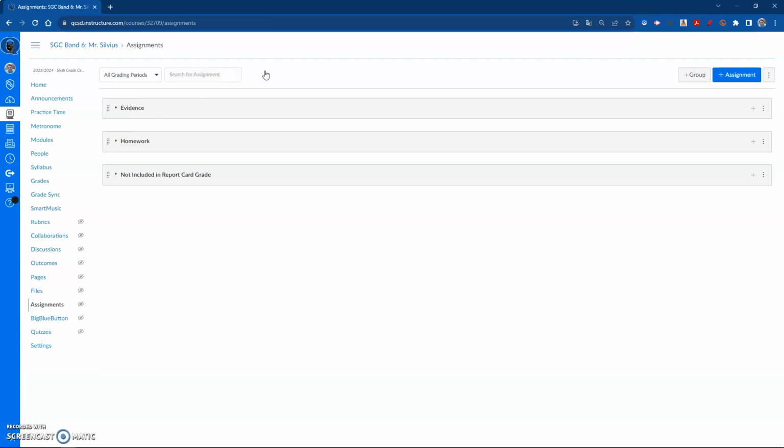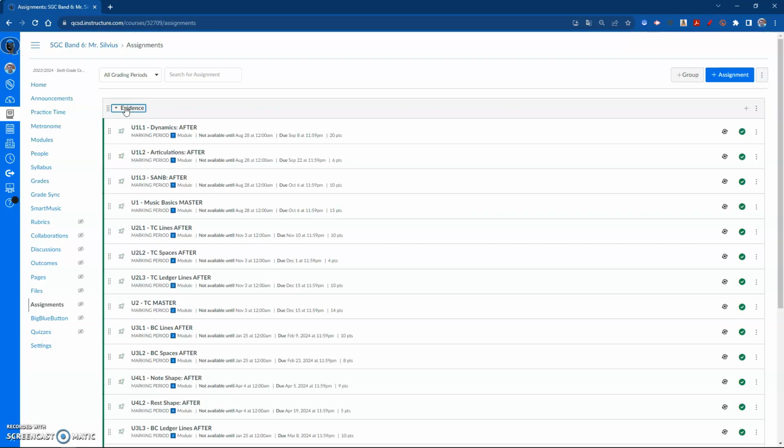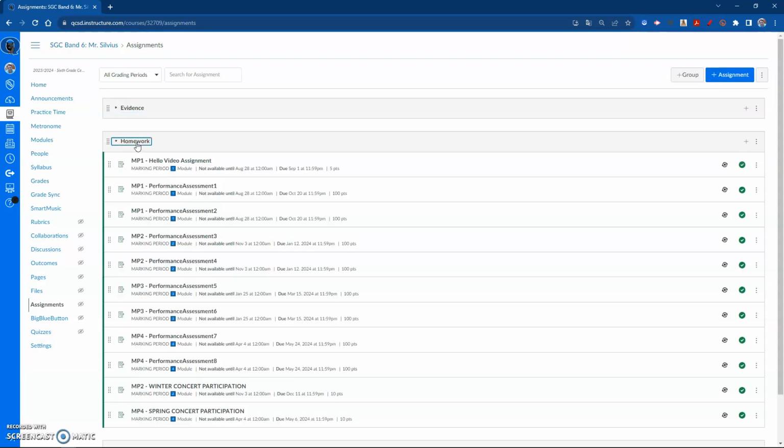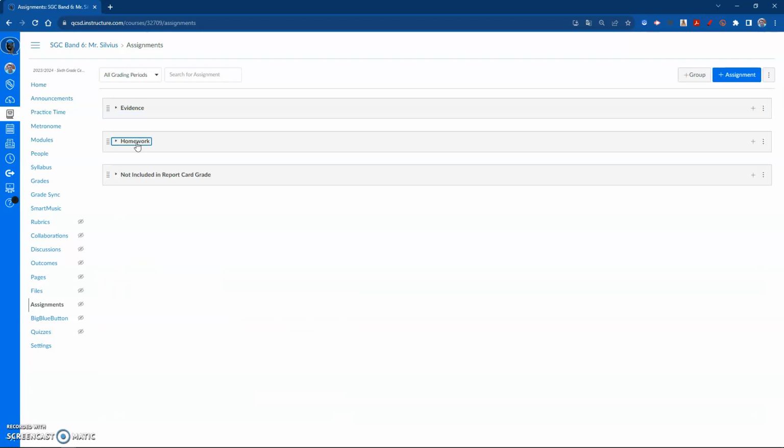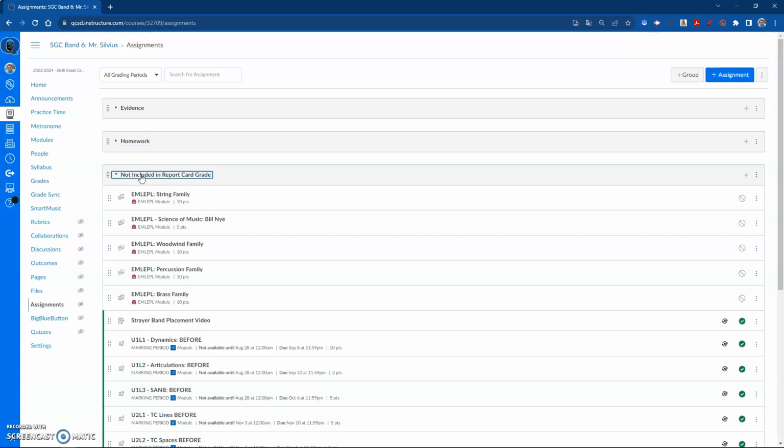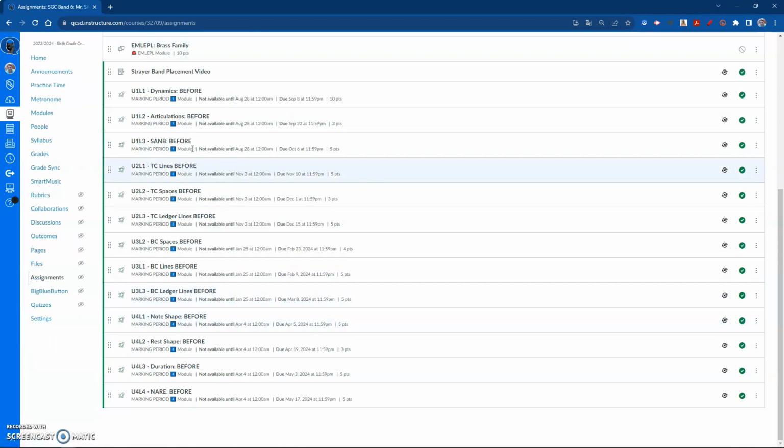Now when my assignments page loads up, you'll notice I have these three boxes here. These are containers. When I expand them, you'll see different types of student work I'm going to be asking my students to do throughout the marking period. And I have a third one here for miscellaneous things, emergency lesson plans that I have ready to activate in case I need them to do that,